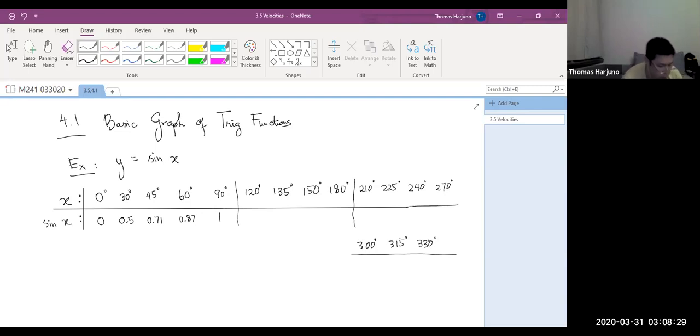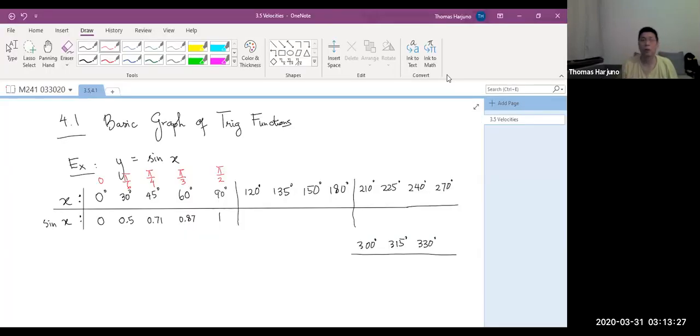Oh, by the way, before I forget, if you happen to have time, also write the corresponding angles in radians. Like this one is 0, pi over 6, pi over 4, pi over 3, pi over 2, and so on. Okay, let me give you, let's say, 5 minutes. I hope we are done, and let's see what you have